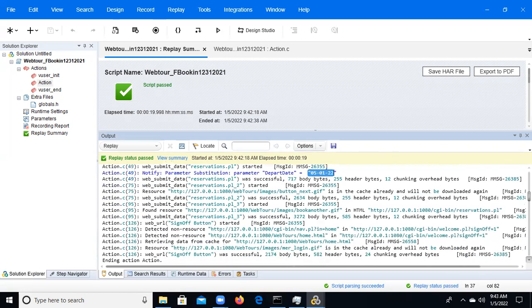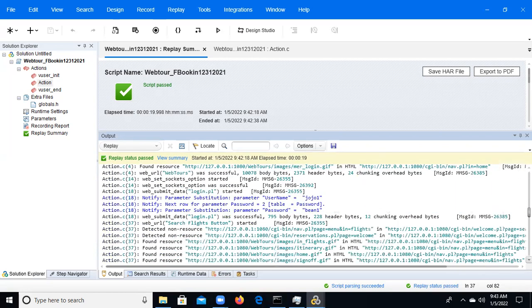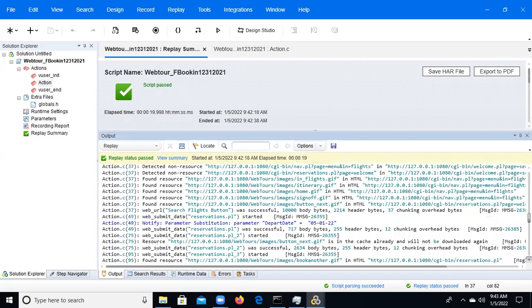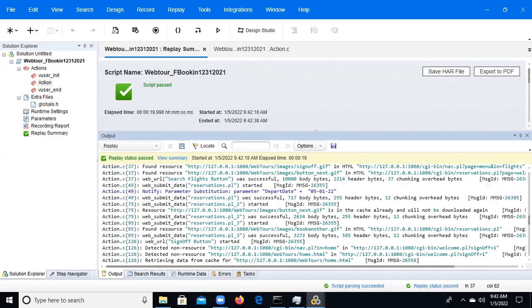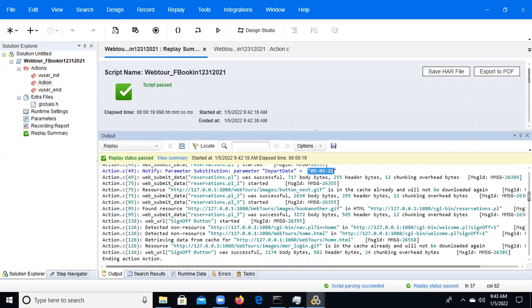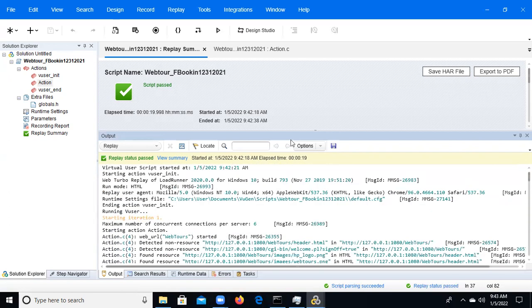So this is the first iteration and this is the second iteration. You can observe 0/5/1/22, which is our current date, so it will come as the current date.